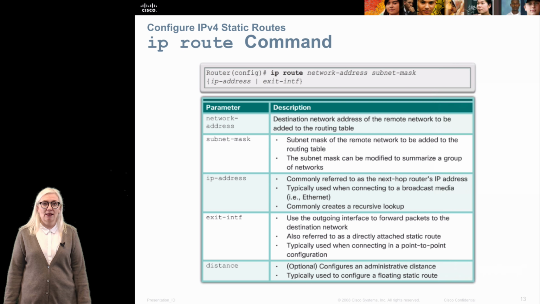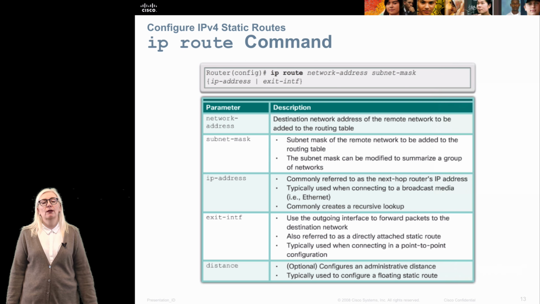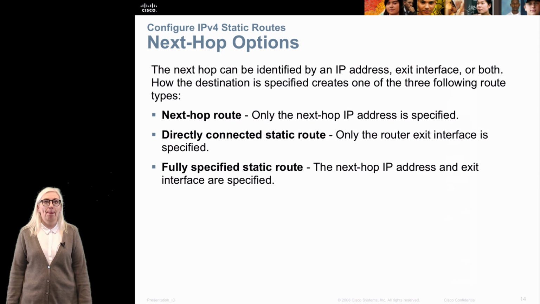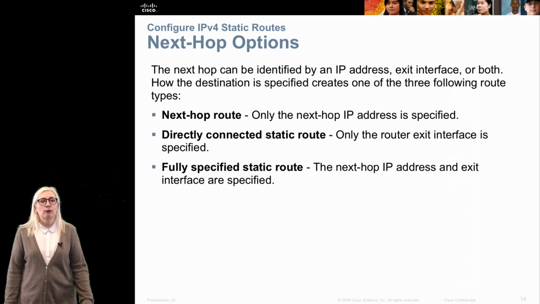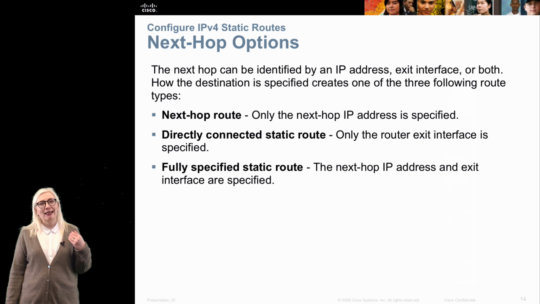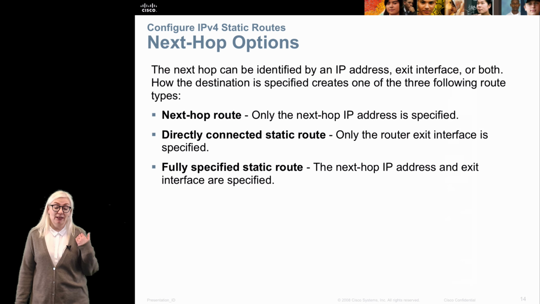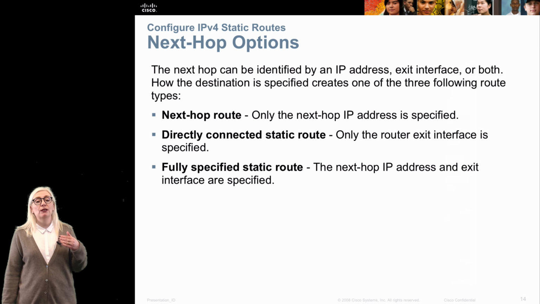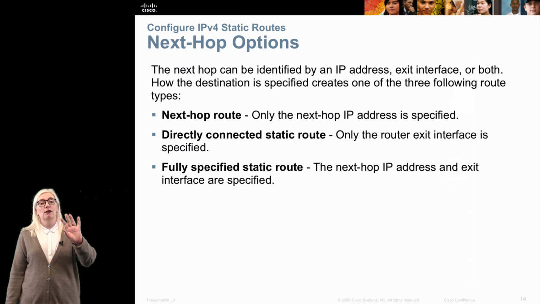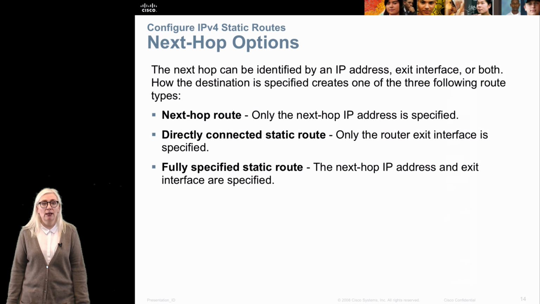exit interface. And we can also put in the distance, the administrative distance, which is used when we are using a floating static route. So when we are doing this, if we have the next hop router's IP address, we will put that in. Or we can do it on the exit interface. If we have that, we have the exit interface, and it could be done with just sending it out through the interface. Sometimes we also use both of them, where we use both the next hop IP address